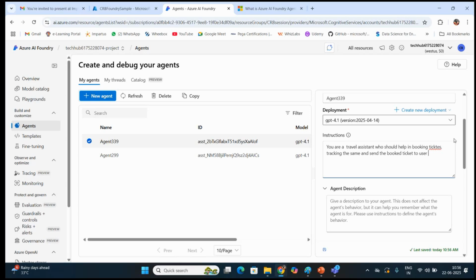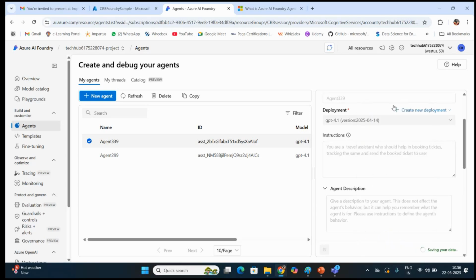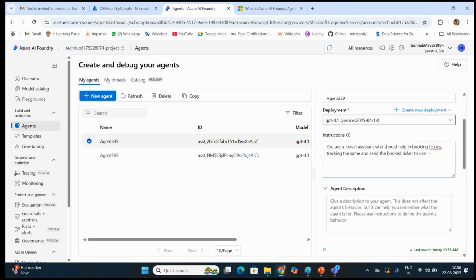So you should give some kind of instruction that you have added, and from there the agent would decide what kind of instruction it has to act on.